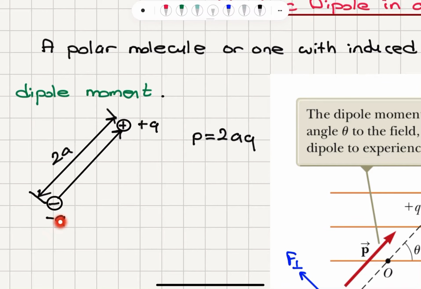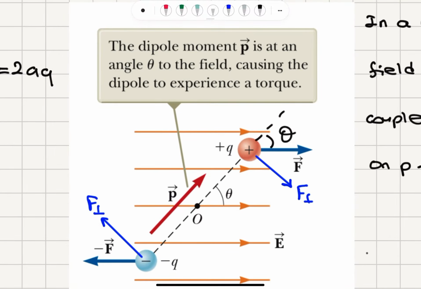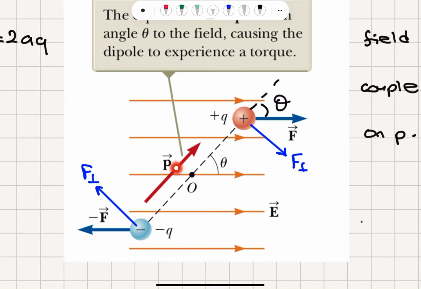If I have charge minus q separated by a charge plus q, the distance between them 2a, the dipole moment is the distance between the two charges multiplied by the charge q, 2aq, and it's actually a vector that points from minus q towards plus q. Okay, so in a uniform electric field, if I place an electric dipole moment P, so this is pointing from